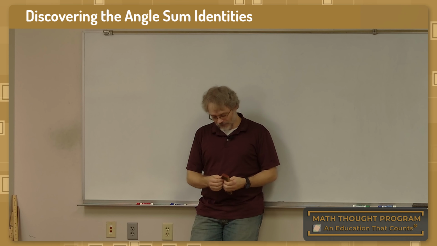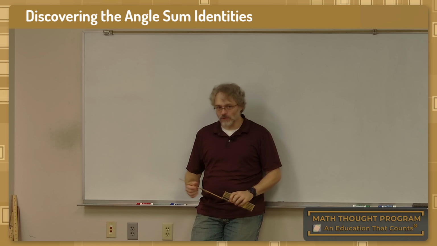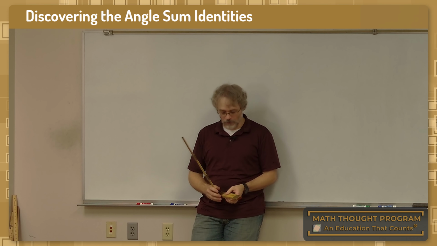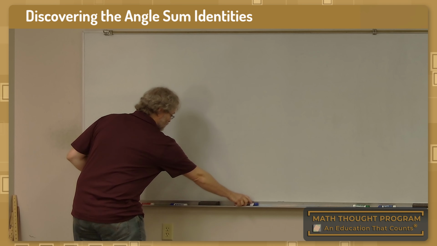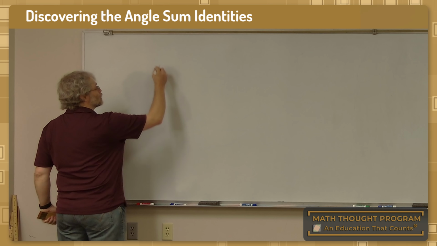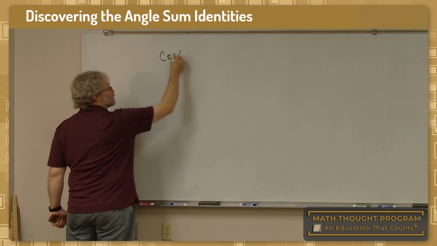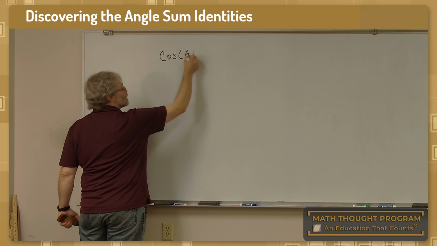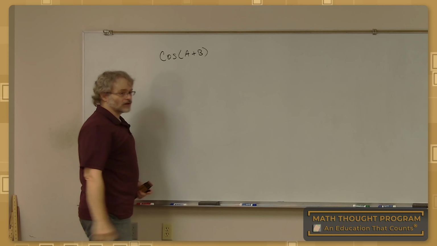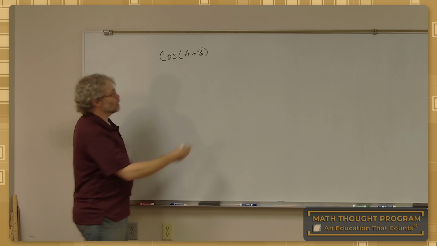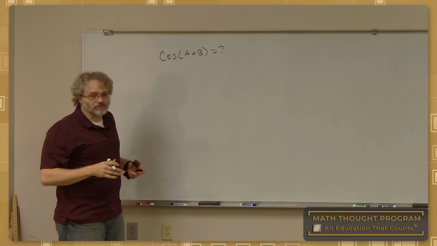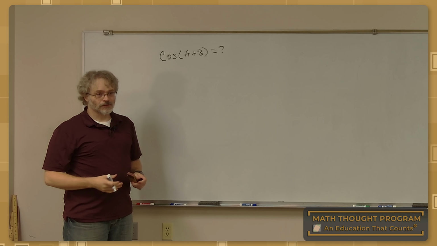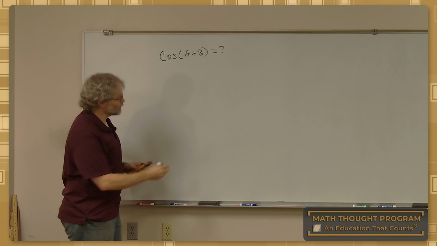So what we're going to be looking at is something called angle sum. If we add up some of your angles, what's going to transpire? In particular, I want to look at what's going to happen when I take cosine and I have two angles called A and B. What would happen if I looked at the sine of A and B? Well, to start off, what I want to do is